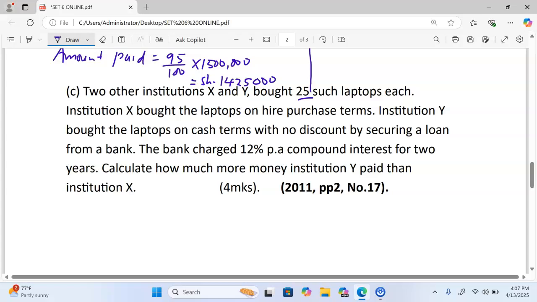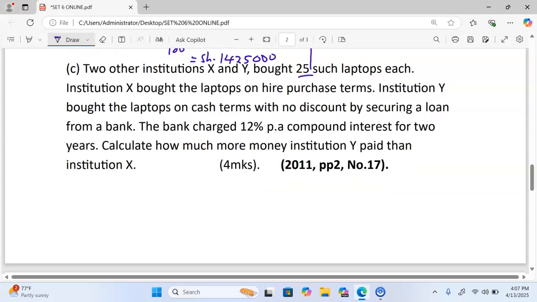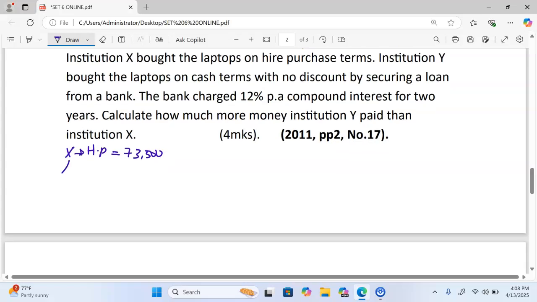Institution X bought the laptops on hire purchase, and remember the hire purchase amount was shillings 73,500, meaning the amount paid by X will be equal to 73,500 multiplied by the total number of laptops, which is 25, and this is going to give us a total of